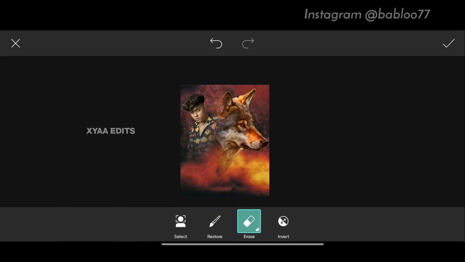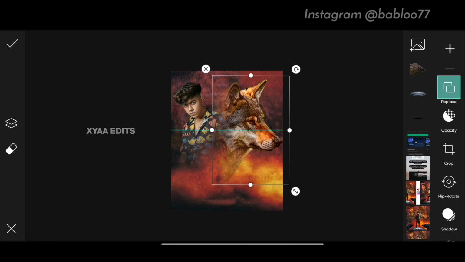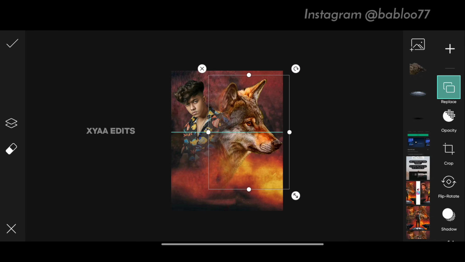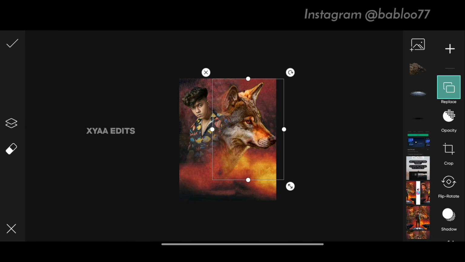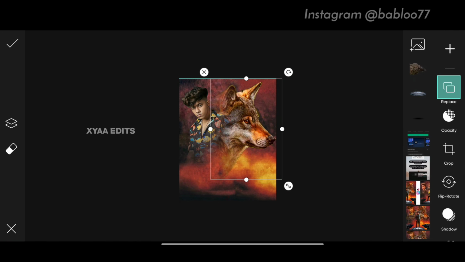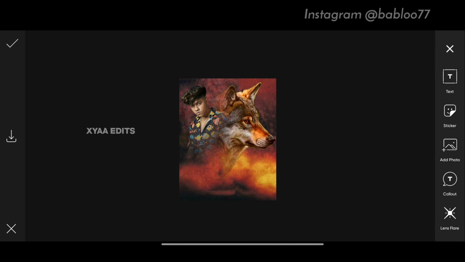Perfect. Now tap on tick. Now you have to arrange this wolf and this model image perfectly. Now it is perfect. Now tap on tick.